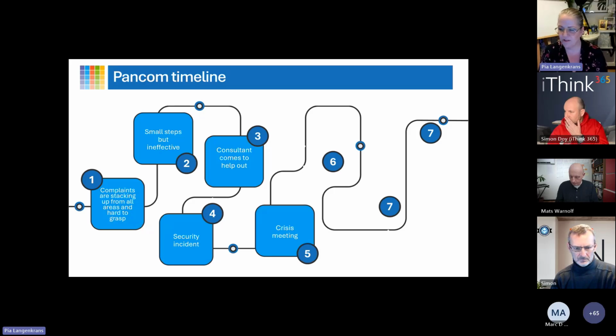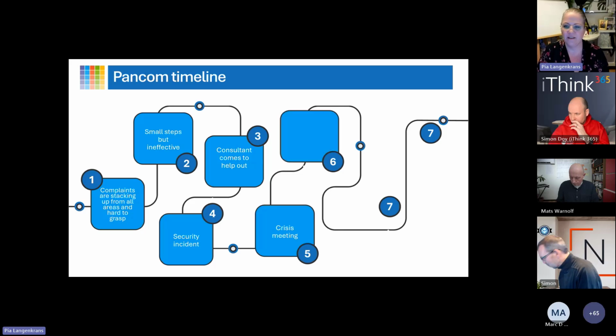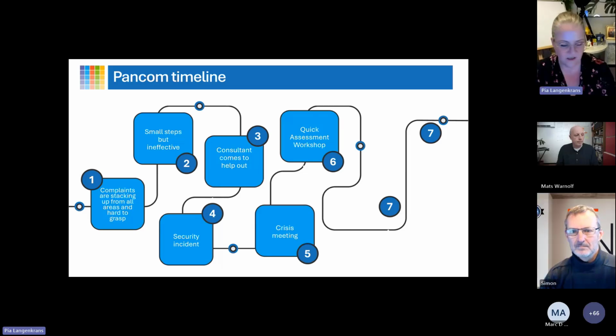Everyone was pointing fingers, saying like, "Oh, we don't have enough resources, and no, we can't wipe it from afar because it's not onboarded to Intune." And HR is like, "Well, it's not my problem. There's no training." No, because we haven't invested in that, because we haven't seen that. So everyone is just pointing fingers at each other, and then they decide to do the quick assessment workshop, because Stephen is there and just says it all connects. It all impacts each other. We have the training and we have so many different things that we need to work on.